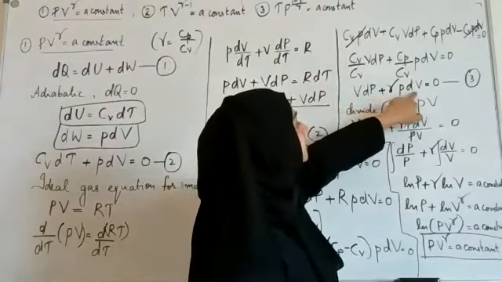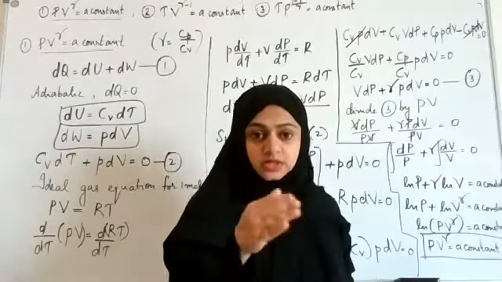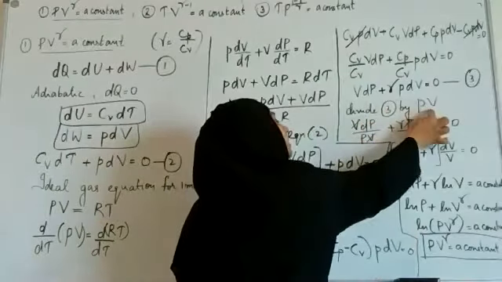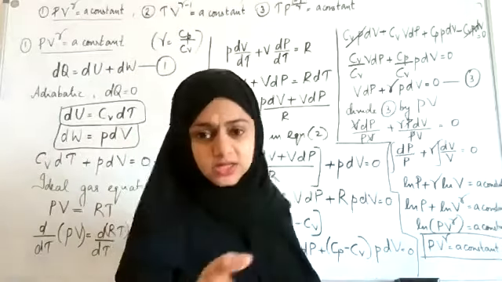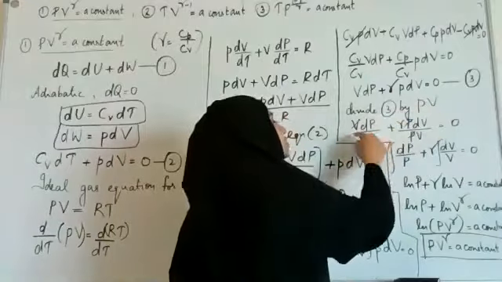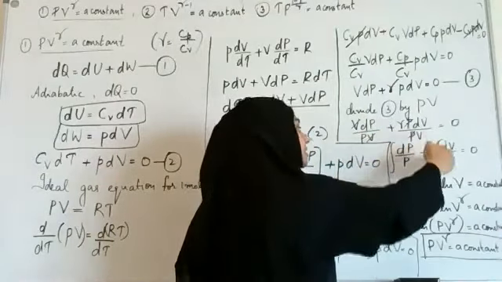Now, in order to make each term exclusively with its own quantities, we are going to divide this expression. At this stage, you tend to forget what the next step is. So remember, we have to divide it by PV. So when you divide, you will get such an expression and you can integrate it.